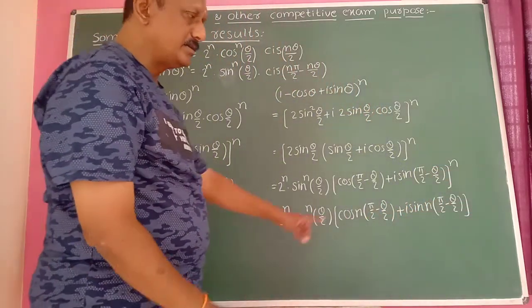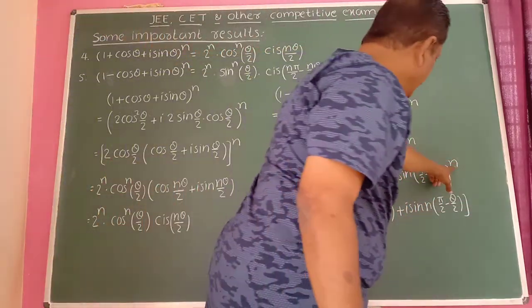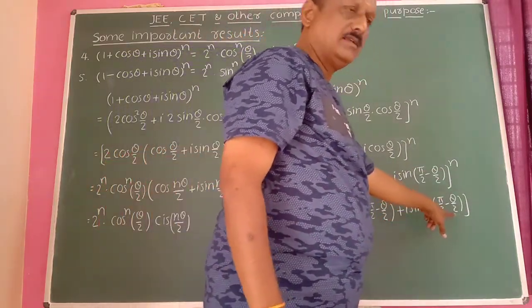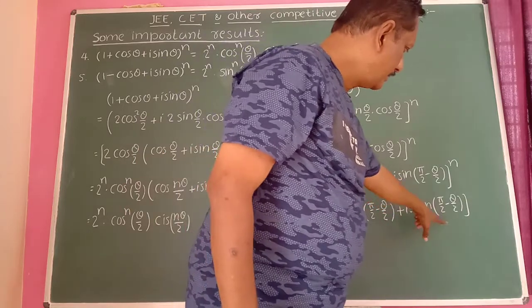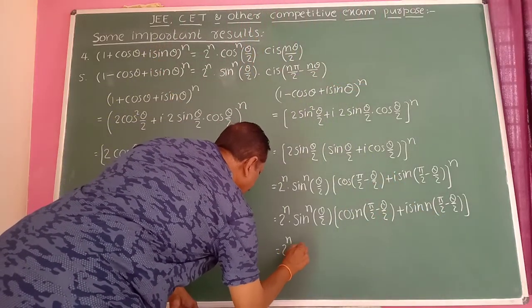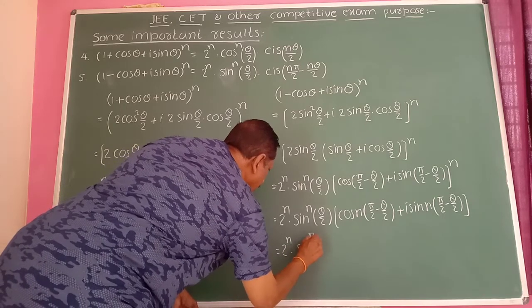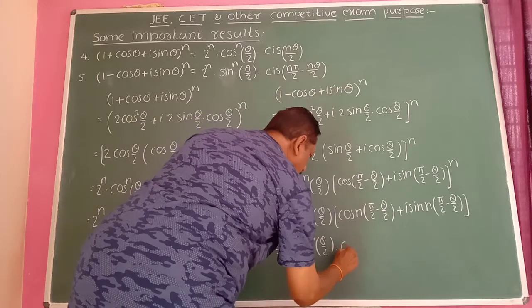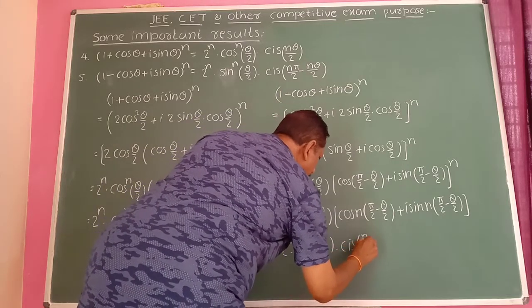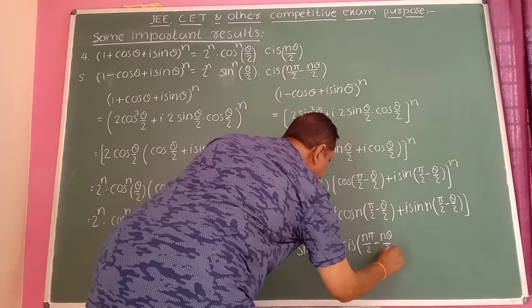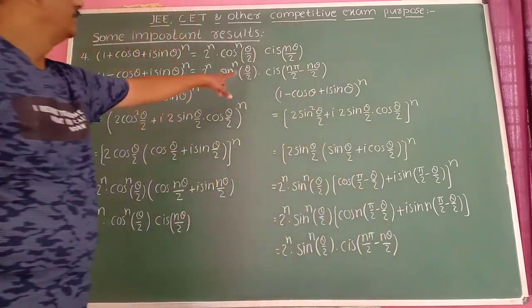Okay, you are using De Moivre's theorem. Take this n inside this bracket, cos n of this one, sin n of this one. So therefore 2 raised to n into sin raised to n theta by 2 into, its short form is cis of (n pi divided by 2 minus n theta by 2). So the required